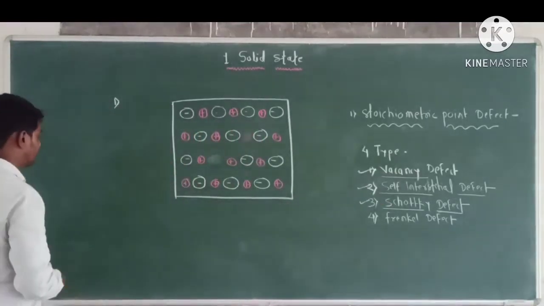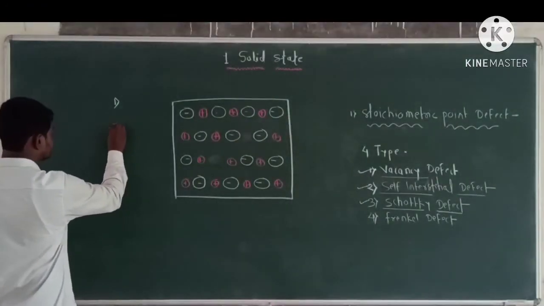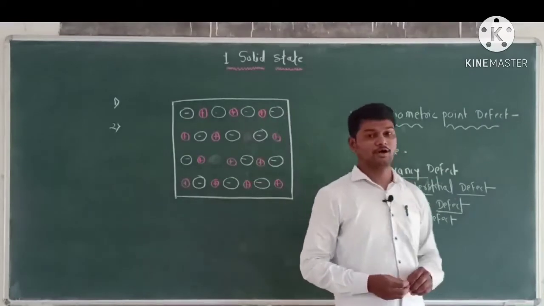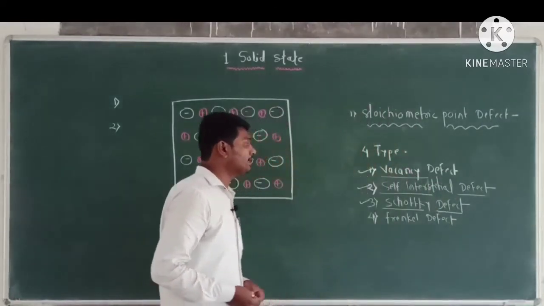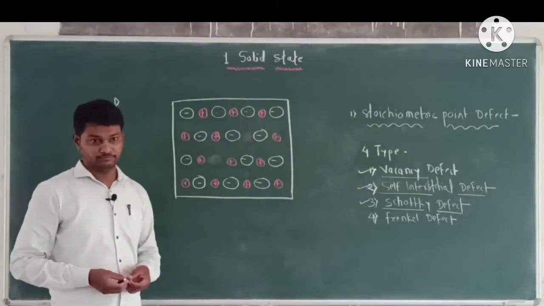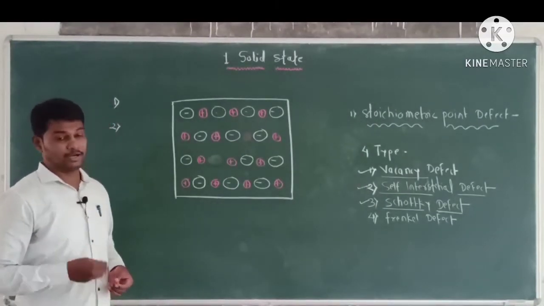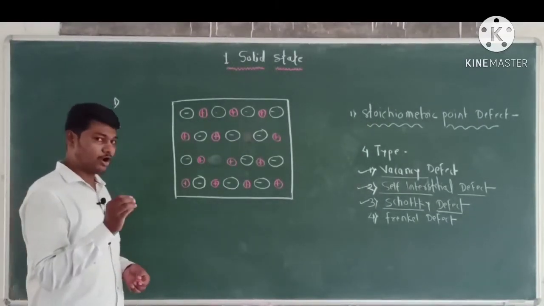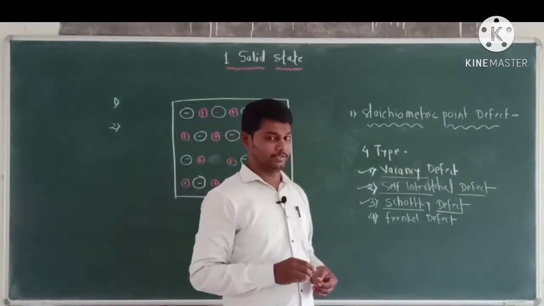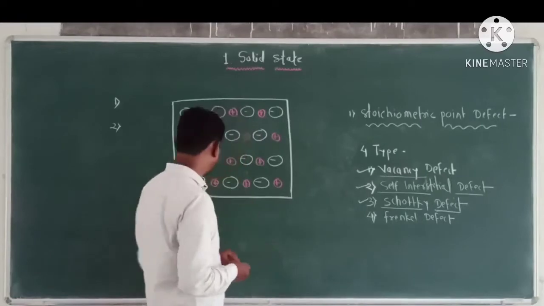Okay. Now second point, the Schottky defect generally occurs in ionic compounds which have a high degree of ionic character, high coordination number of anion, and small difference between the size or radius of a cation and anion. Okay. Now third point,